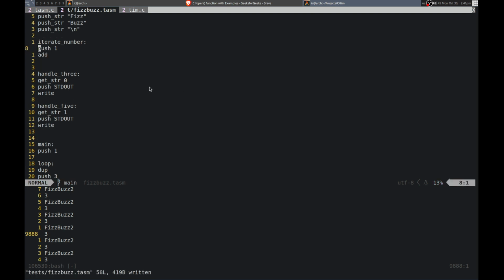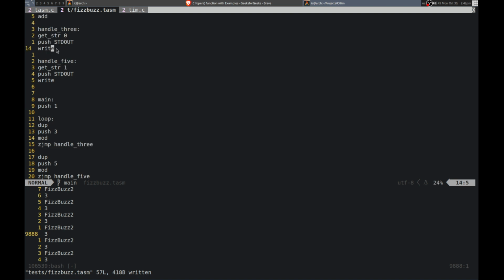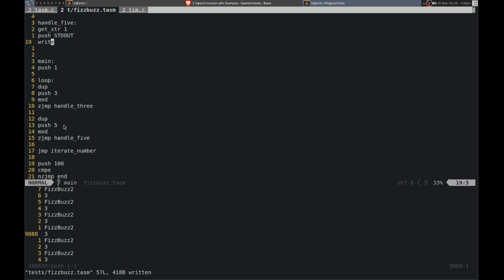Yeah, so iterated by 1. Actually, after this we have to jump back. That's something I didn't consider. So actually it goes here and then it goes through all of this. Because we don't have like a return at the moment, so we can use jump. So basically